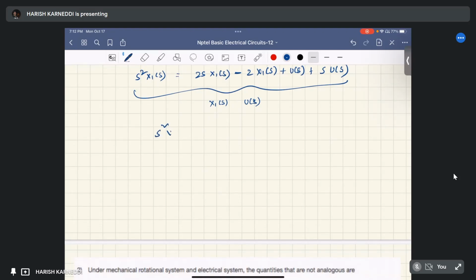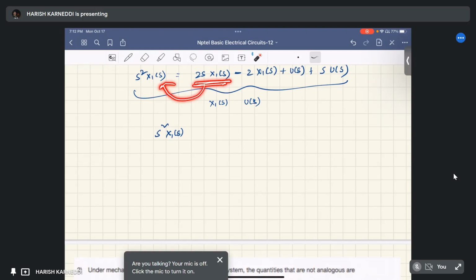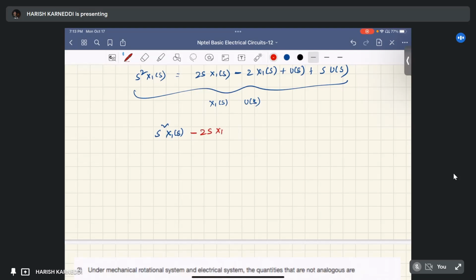s square x1 of s, this side it will be plus 2s x1 of s. If you bring from this side, it will be minus 2s x1 of s. Here it will be minus 2 x1 of s. If you bring it to that side, it will be plus 2 x1 of s. So plus 2 x1 of s equal to,